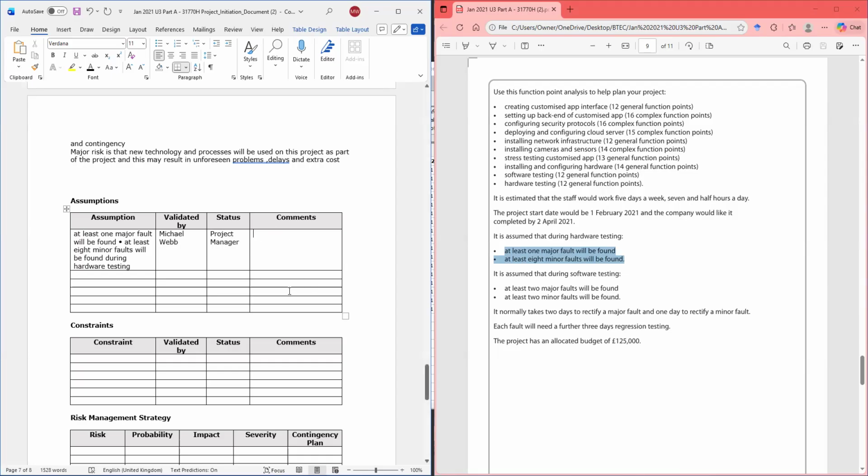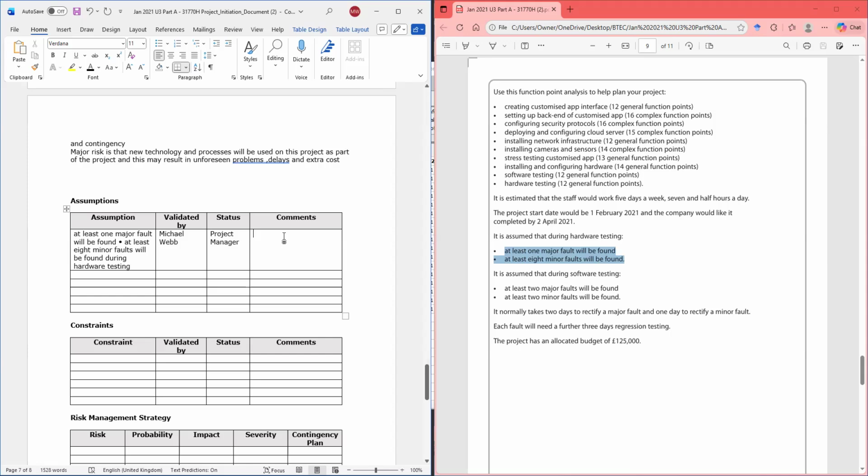And the comment I would put is that if I'm going to assume it, therefore I must have something in place or some other activity in place in which I can say, okay, if I assume it, therefore there's something I can do to prevent it or to rectify it.